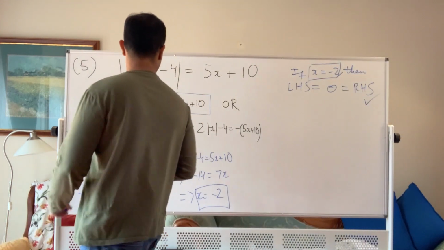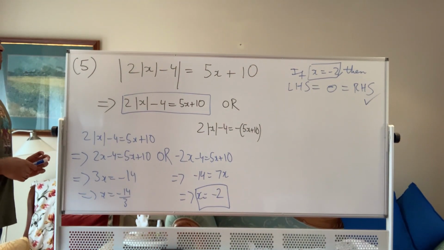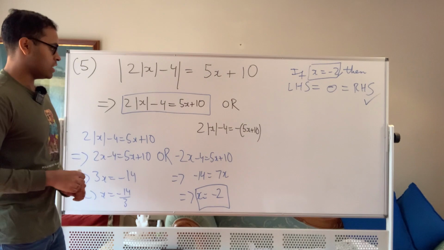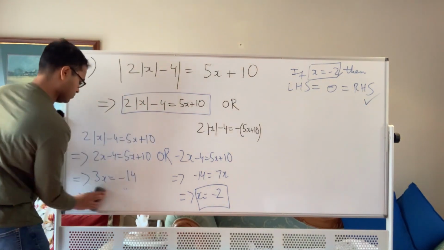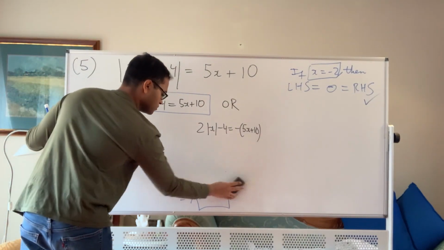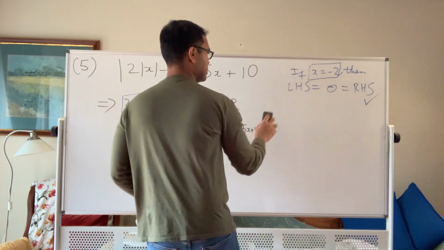Okay. All right. So that's one. Now the other one is we have to consider 2 absolute value x minus 4 is negative 5x plus 10, and we have to do the same thing. So I'm just going to erase this here. Okay, so I'm going to now consider